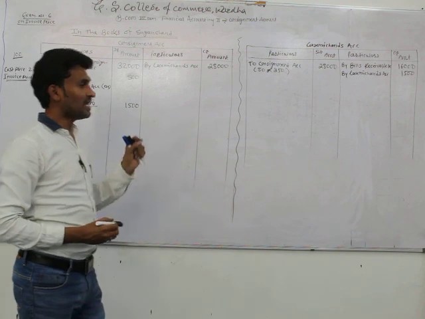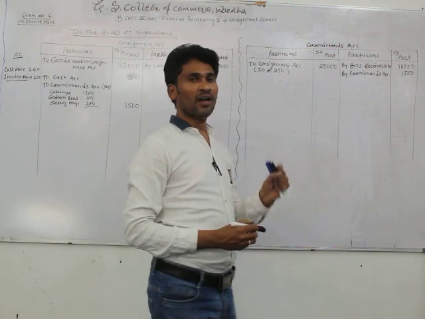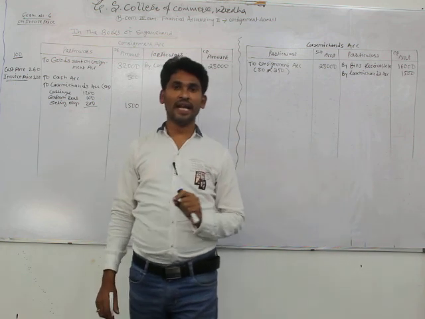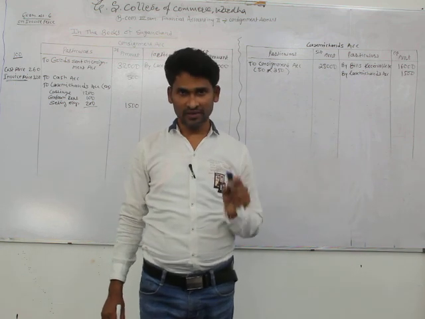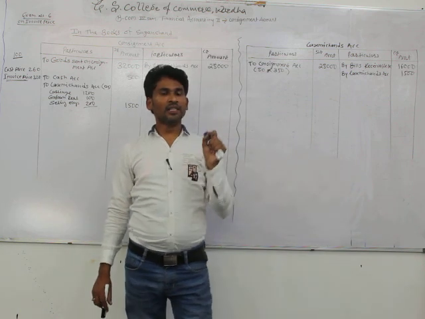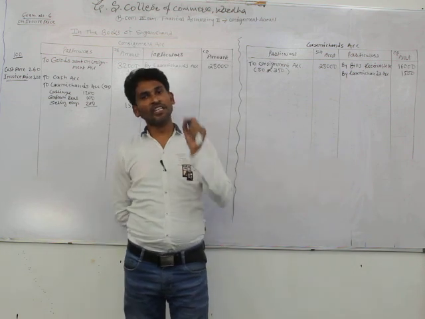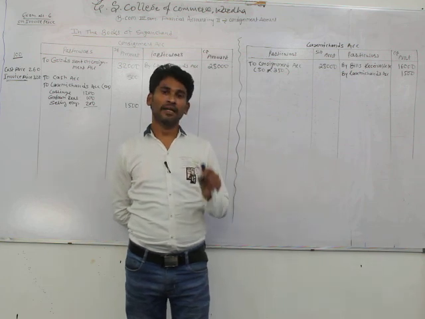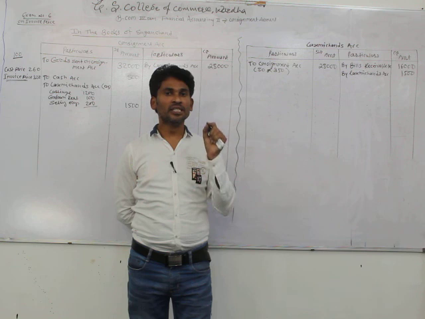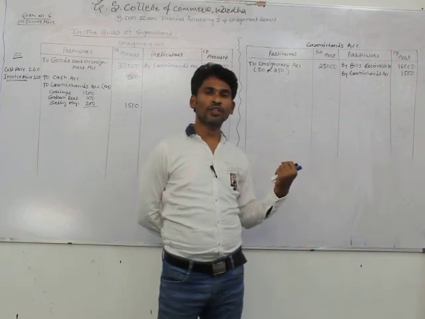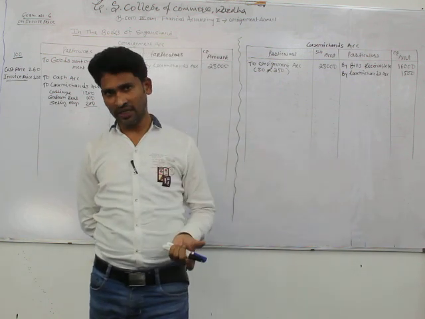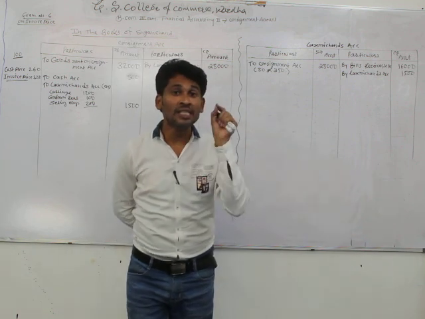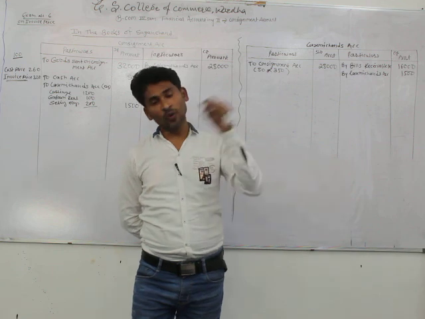So Lakshmi Chand has allowed a 6% normal commission and 1.5% del credere commission on sales. Once again, it is entitled to a 6% normal commission and 1.5% del credere commission on sales. And they have not given cash sales and credit sales separately, and also given 1.5% on sales. On sales means total sales.